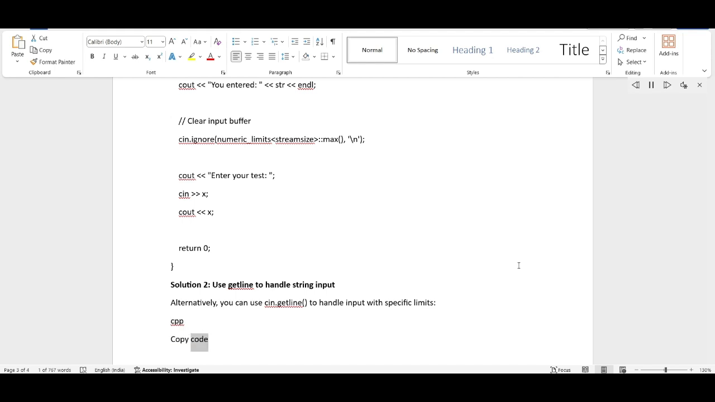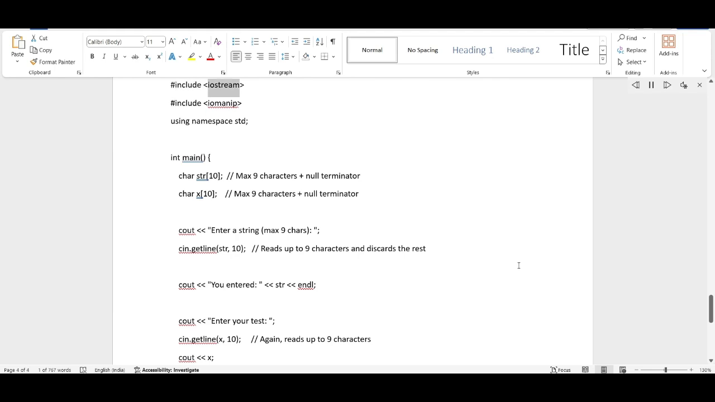C++ code: #include <iostream>, #include <iomanip>, using namespace std; int main() { char str[10]; // max 9 characters plus null terminator. char x[10]; // max 9 characters plus null terminator. cout << "Enter a string, max 9 chars: "; cin.getline(str, 10); // reads up to 9 characters and discards the rest. cout << "You entered str: " << str; cout << "Enter your text: "; cin.getline(x, 10); // again reads up to 9 characters. cout << x;